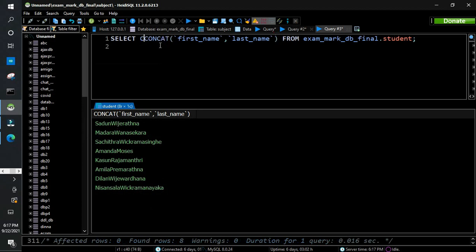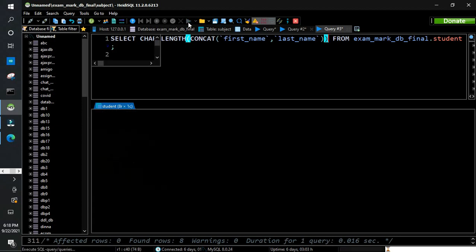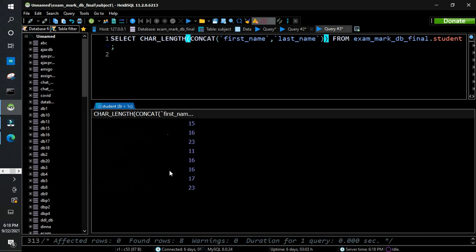Next, I have a function called char_length. If I put the name of any column into this, it counts the number of characters in it. Once I run this, I get all the characters.